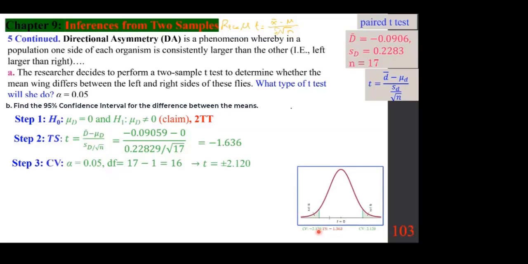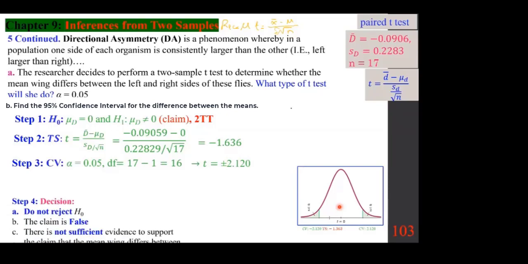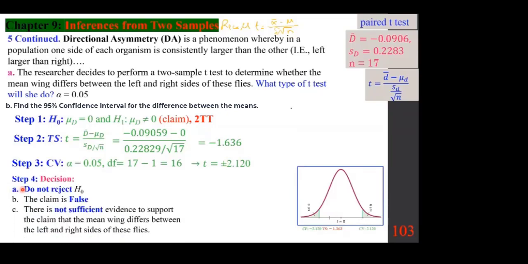The critical values, negative here, positive here, and the test statistic is way into the non-rejection region between the two values. And therefore, we do not reject H0, or fail to reject H0. So stick with the first one and go back to the first step. If you are not rejecting H0, you're rejecting H1, you're rejecting the claim, the claim becomes false, and now you do the